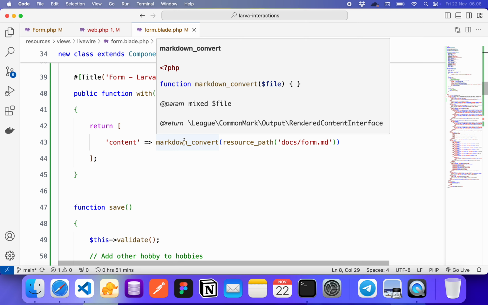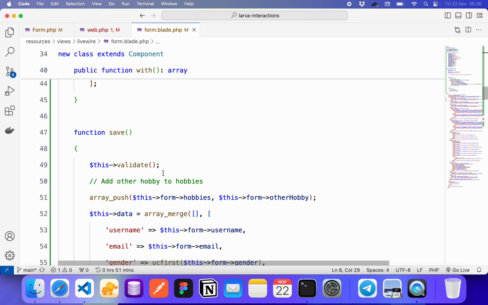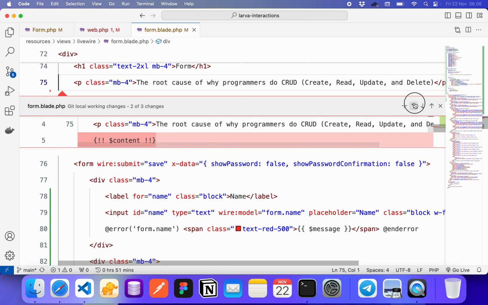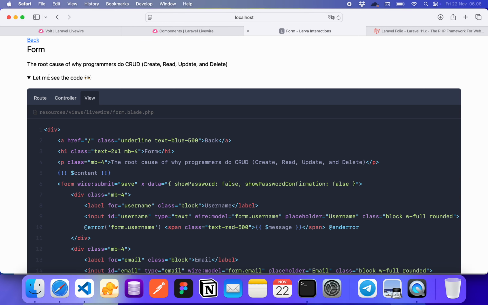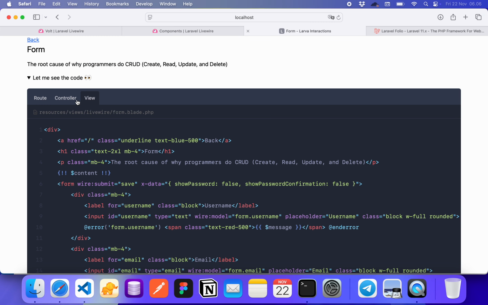So how do we do that? I need to go back here, and then I undo here. Okay, I get the content, I save. Voila, it works. I don't need to change anything here. So I finally solved the problem, the error I got. Yay. Okay, let's change the code snippet here.